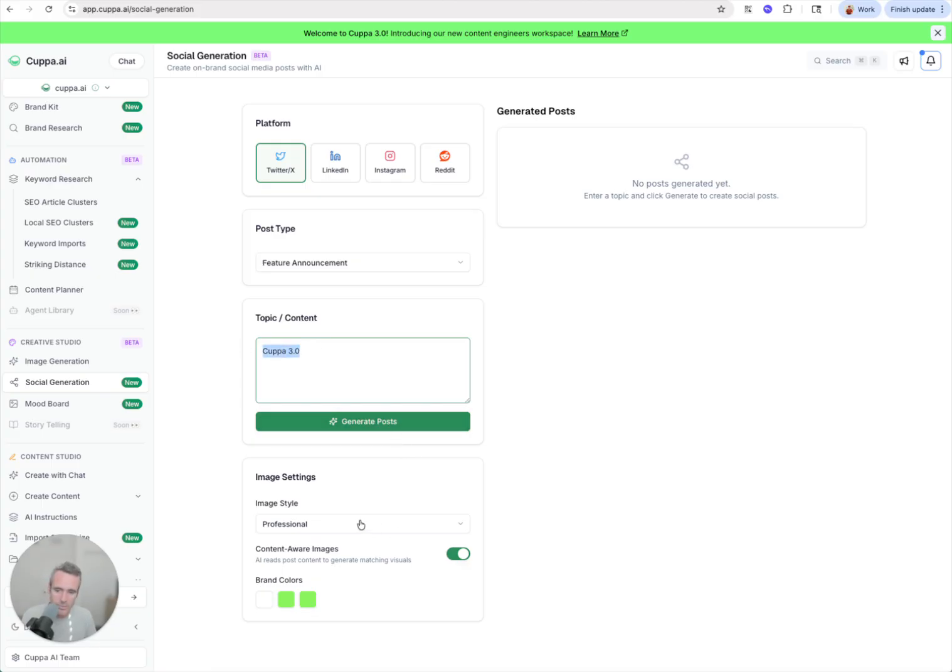Literally just Cuppa 3.0, professional, content aware images. Yep, that triggers on the brand colors, etc. Generate posts. So this will be all, you can edit it. I think we're going to have basically a feature here soon where it is